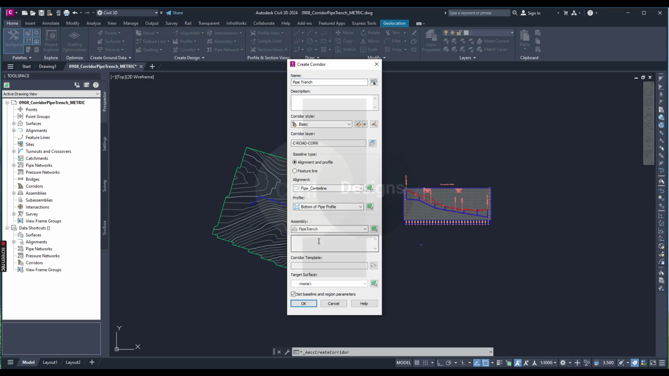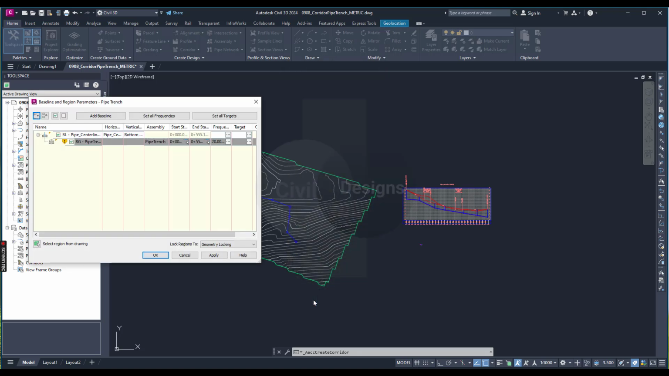Choose pipe trench as assembly and select the existing ground as a target surface. Verify that the Set baseline and region parameters box is selected. Then click OK to accept the settings in the Create Corridor dialog box and display the Baseline and Region Parameters